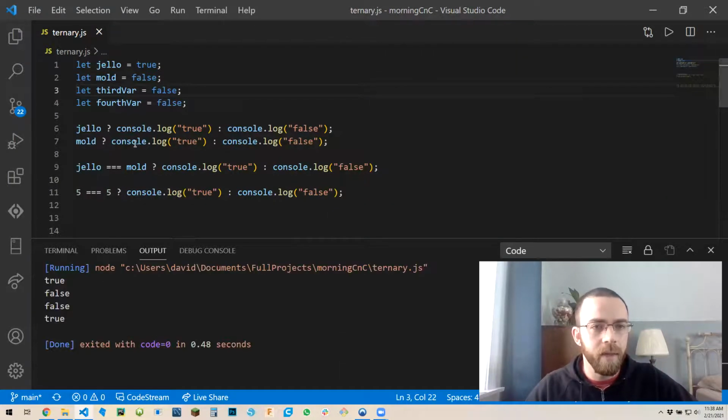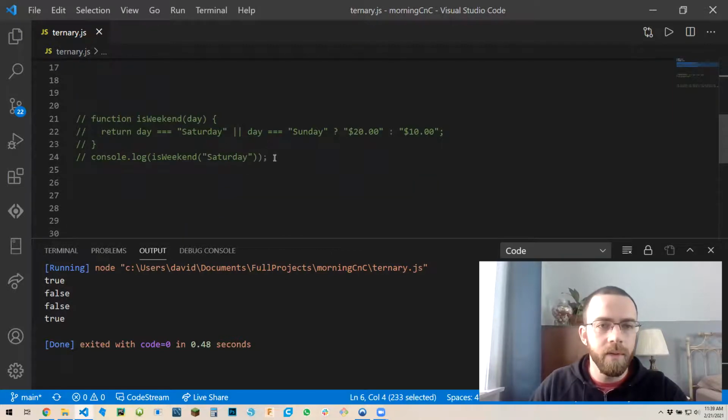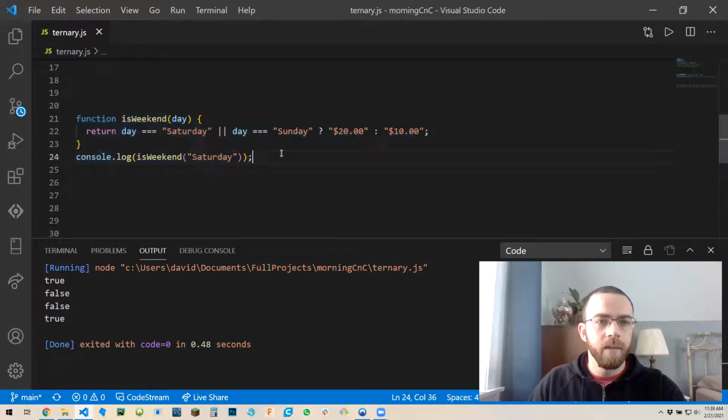So we have true, like we thought. False, because mold is false. Jello does not equal mold, so it prints false. And then 5 does equal 5, so true, false, false, true. All right, we comment this out, and we'll just scroll down. So this is a little function